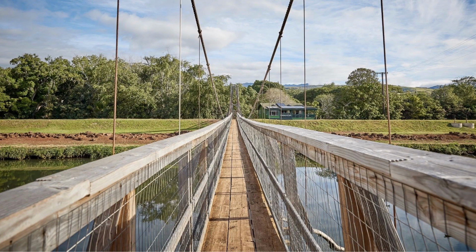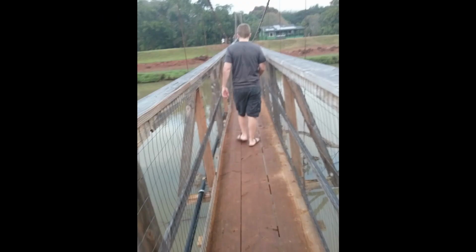So the last time we were there, my husband and I walked over the Hanapepe swinging bridge, which was fun, but it was also anticlimactic. So if you're curious about it but not sure if you really want to make that time to do it, let me just give you a big spoiler alert and tell you that there's really nothing on the other side. We walked across